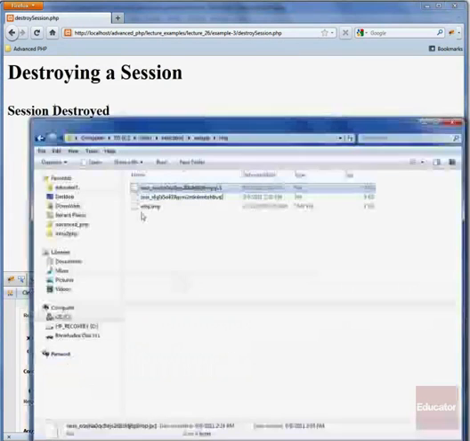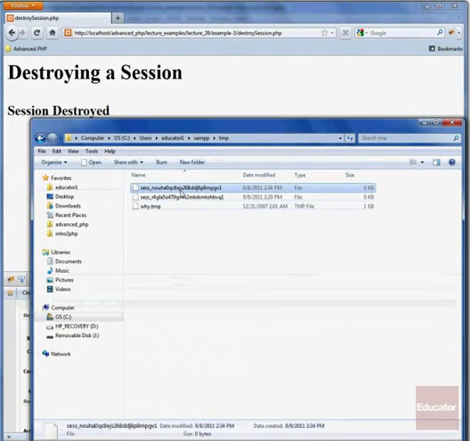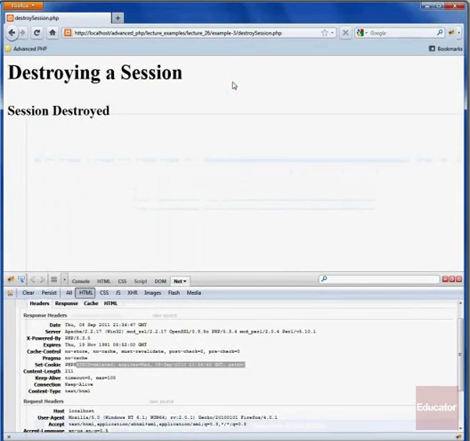However, if we look back at our temp directory, we can see that this NOUHA session data file still exists because we didn't call session destroy, and that's the purpose of session destroy. So what that means is that eventually there's a default setting in php.ini that's going to know when that file is considered garbage, and I think the default is like 24 minutes or something like that. And what it's going to do is check in 24 minutes, and if that file still exists, it'll go ahead and delete it,